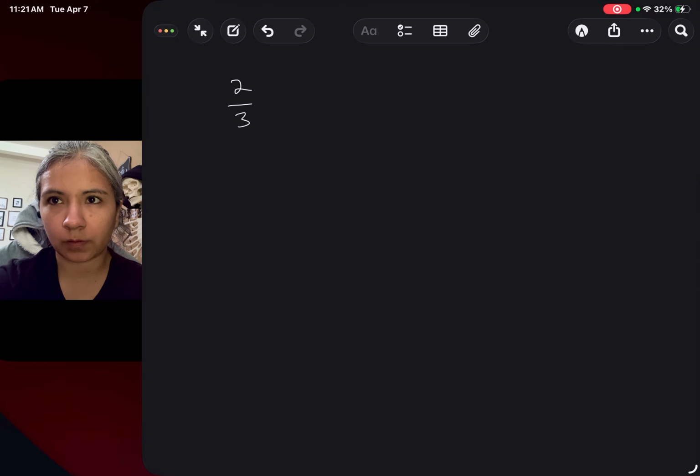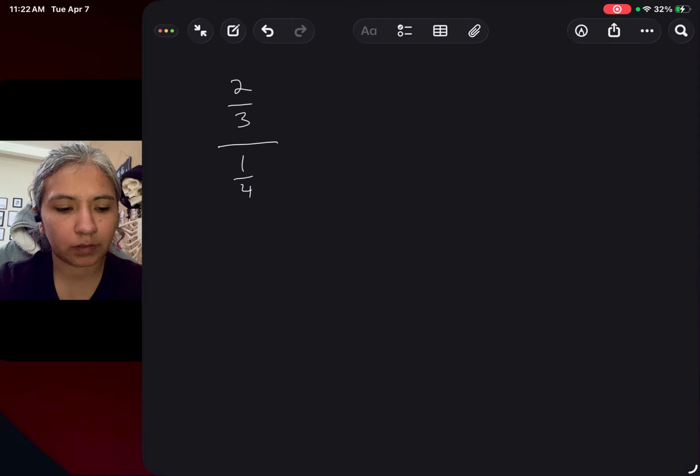For this lesson, let's talk about complex fractions. A complex fraction is a fraction that also has one or more fractions in the numerator or denominator. So let's say 2/3 divided by 1/4. So this is a complex fraction, and